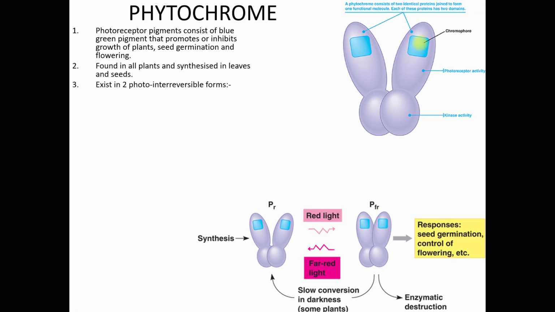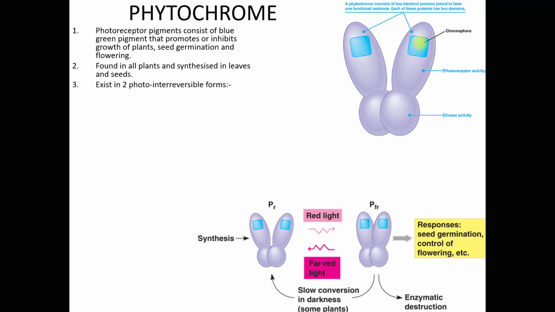These phytochromes are found in all plants and synthesized in leaves and seeds. Phytochromes exist in two photo-interreversible forms, meaning they exist in PR as well as in PFR form, and